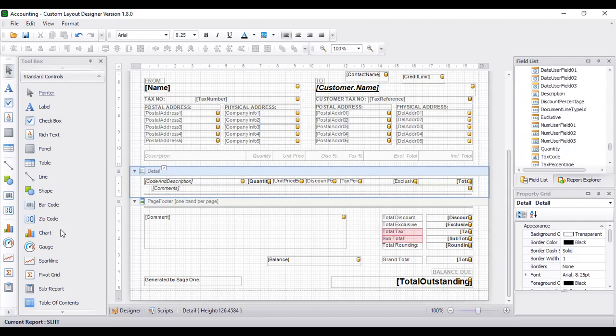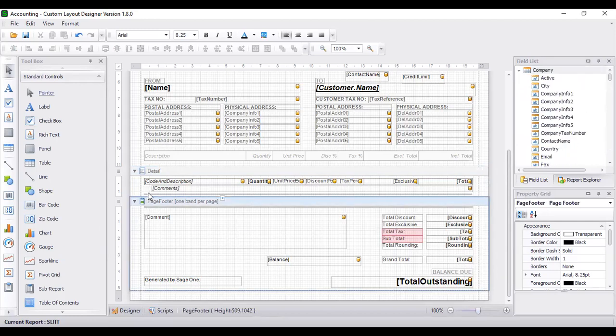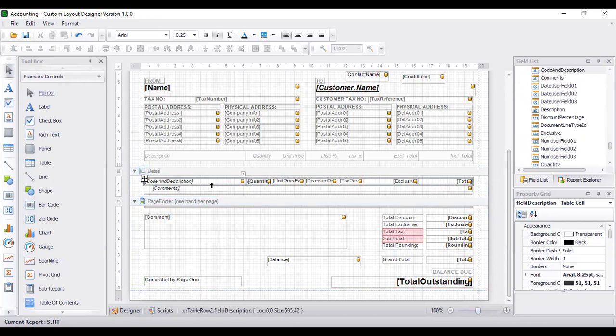Okay. Now for an example, in your quotation there may be more than one line, but when you are designing the layout, if you have given one line, it will display all other lines also. Okay, you don't need to enter the number of lines for those quotations. For an example, in your quotation there may be 5 lines, 5 items, but here you need to add only one line, then the system will automatically add other lines also. Okay, now this comment is